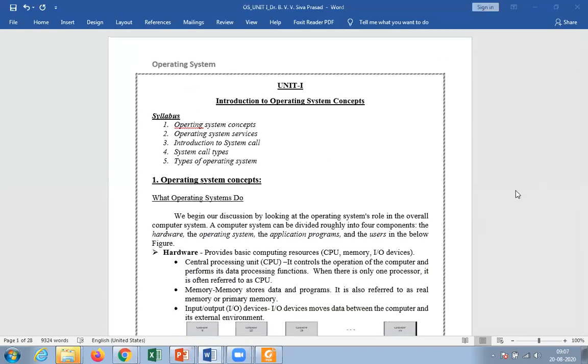The material for the first unit is this one. I already discussed all these things.